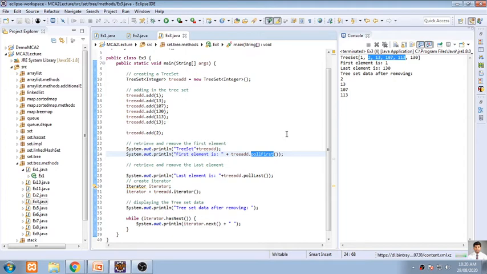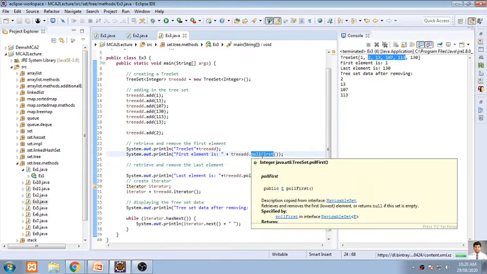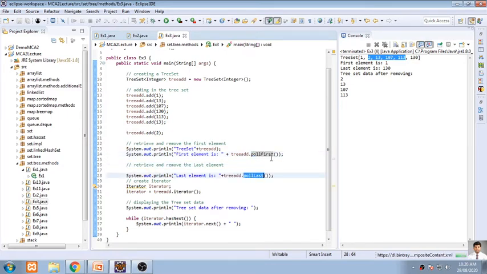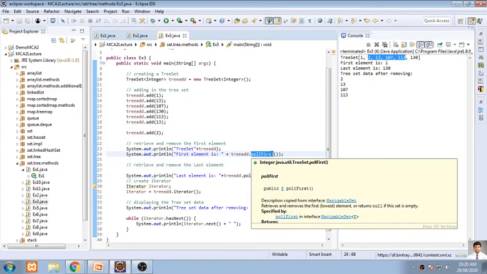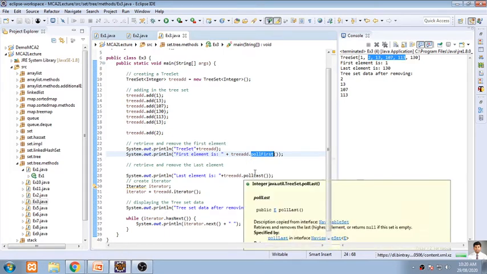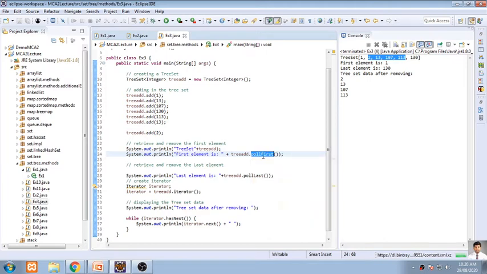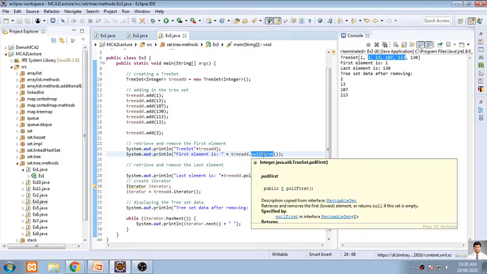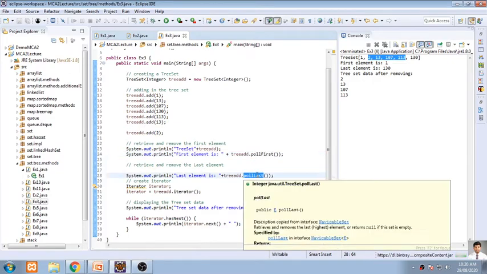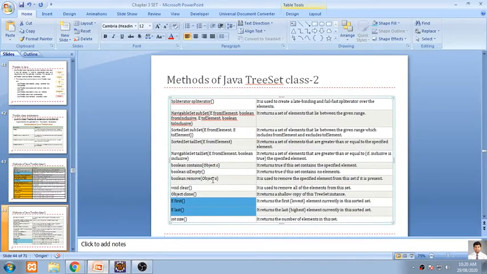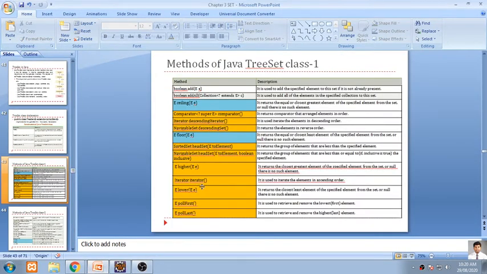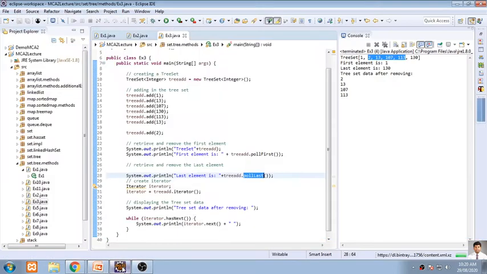You can use the remove function also, but the remove function is basically preferred for removing a specific element. Removing the first element and last element is always referred to by name, because you don't know the value of the first element and last element. You can just access them directly without providing an index number or the value of the element. You just provide the name of the function, and automatically it will remove the first element, and in the same way it will remove the last element. Are you clear with this, sir?